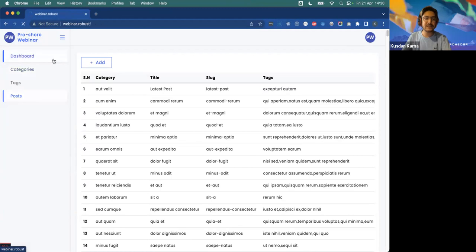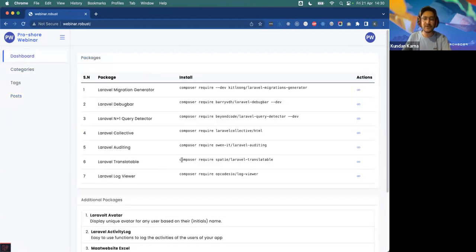So that is the advantage of the N+1 query detector, which detects the lazily loaded queries and alerts you, and informs you what's missing in your system, and you can optimize your code accordingly. So let's go for the next